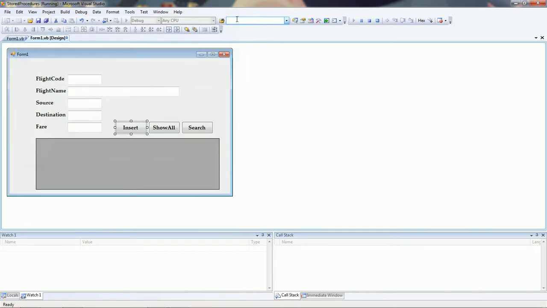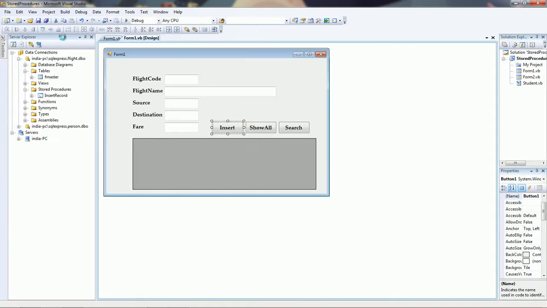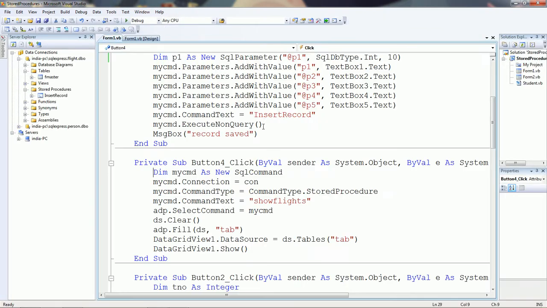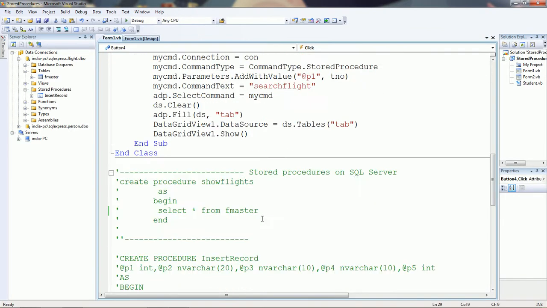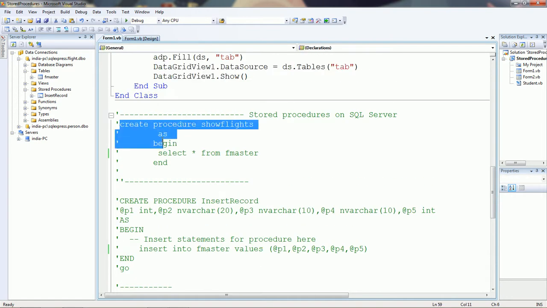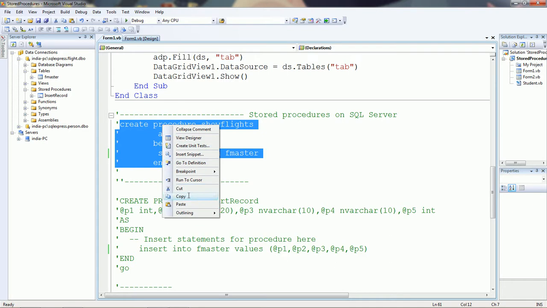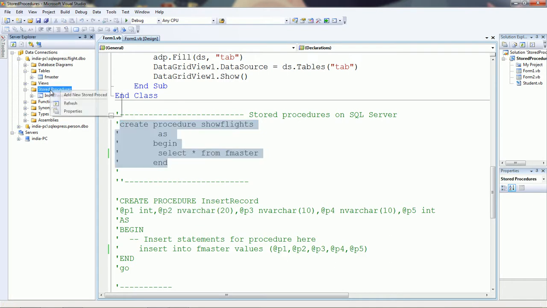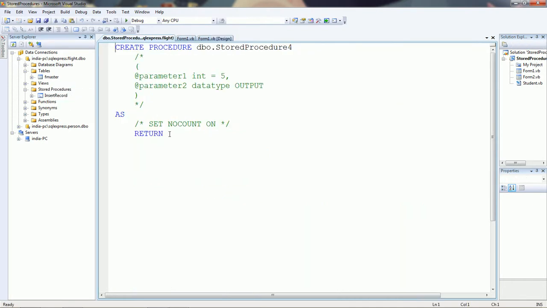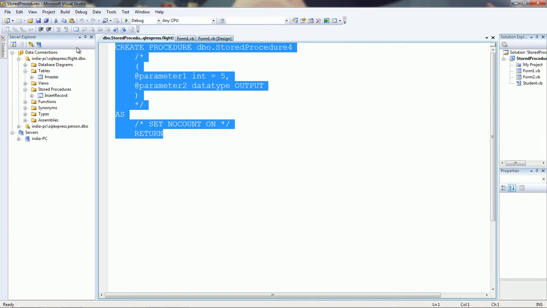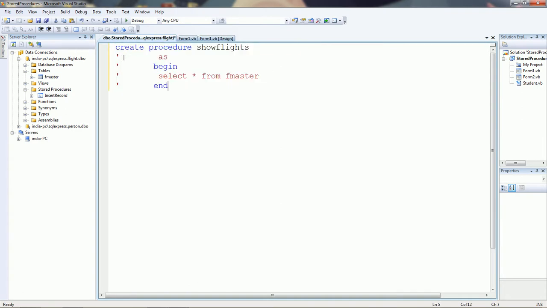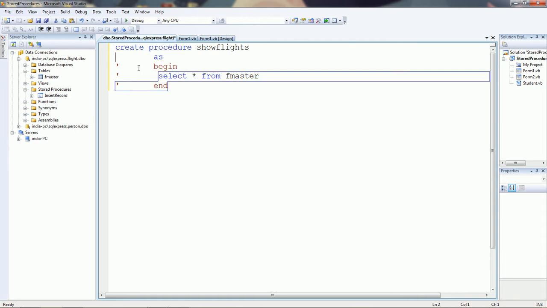Now let us create one more procedure, to show all records. First create the procedure, a simple procedure. You can also type it one by one later, but here I use copy paste.